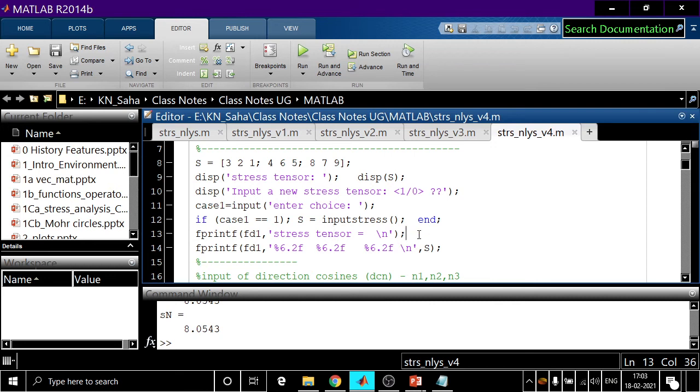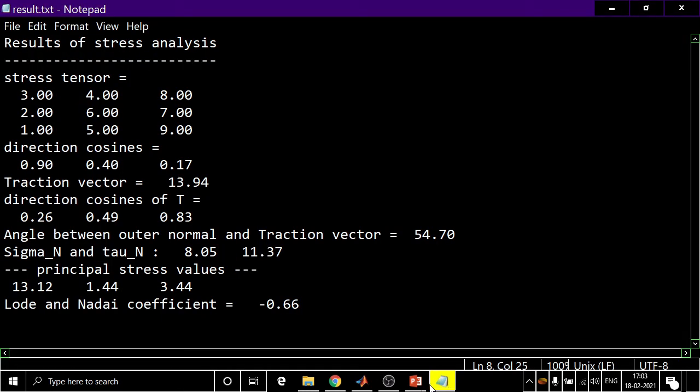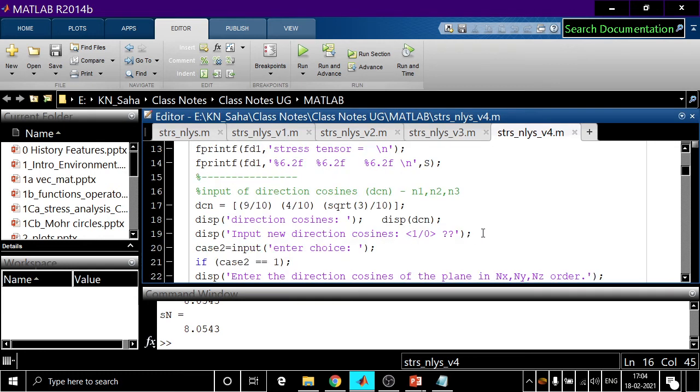Now what next? If printf this much we did. The next part was direction cosines. So here again we have some direction cosines. This is the given one in the program, or we can change it from the user.